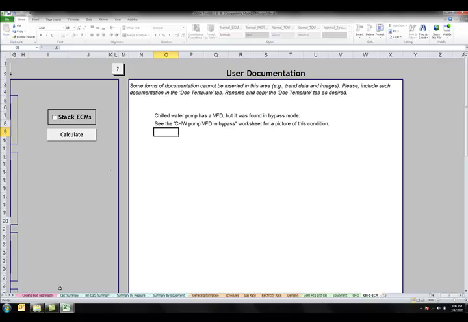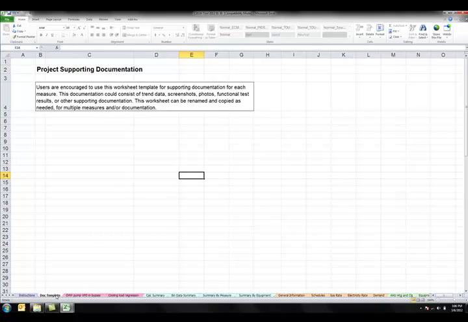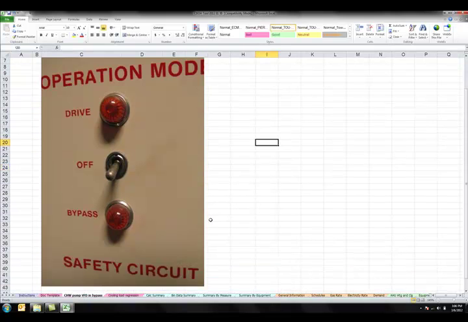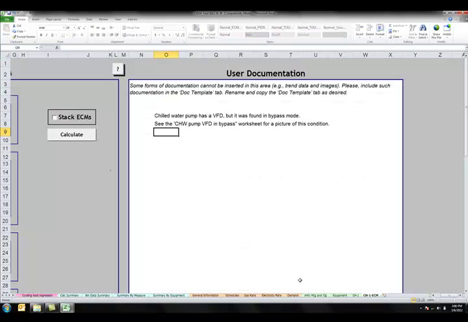Screenshots and trend data to support the as-found operation could be added to the doc template worksheet right here. This worksheet can be copied and renamed as desired. In the case of our example project, we've included a photo of the pump VFD control in bypass mode right here. This helps to document baseline conditions. So going back to the ECM worksheet,